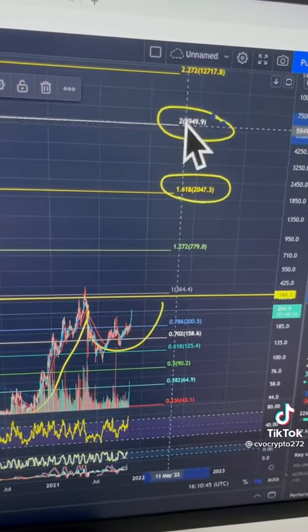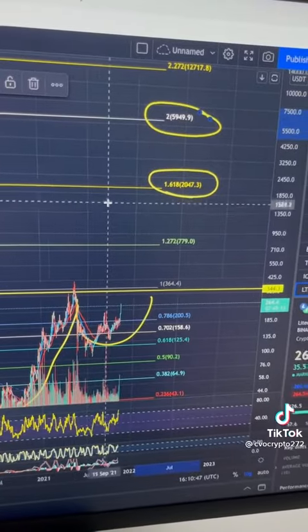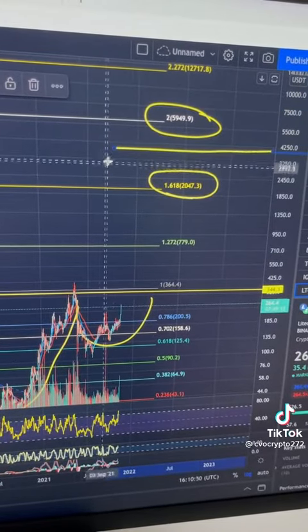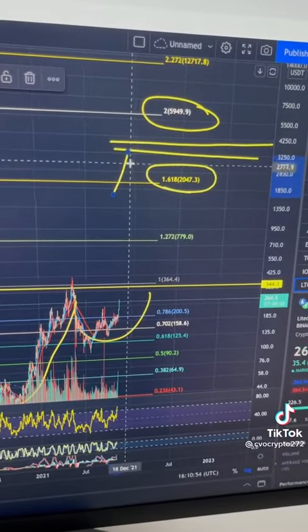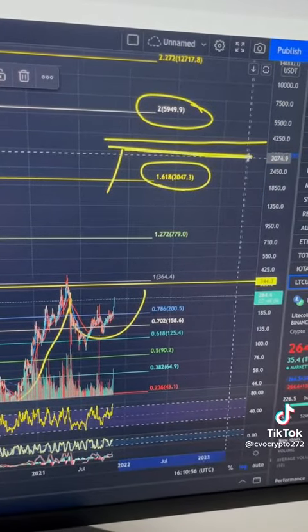I do not think that this is really likely at all, but I do see a run up to right in between here, right? So somewhere in between these two levels, a little blow off top. So $2,000 is definitely in the cards for me, but I think we could also see approximately $2,500 to $3,000,